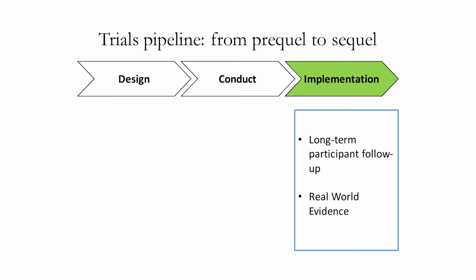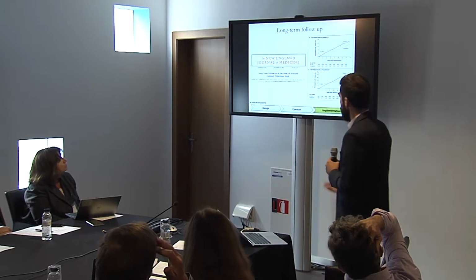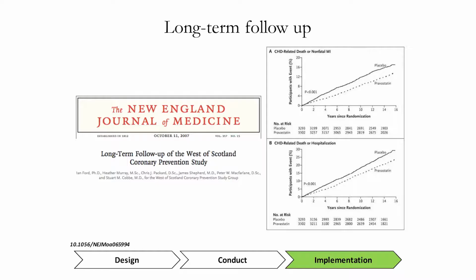And finally, the sequel of trials, the implementation, so what happens after the trial. There are two broad areas that I identify: long-term participant follow-up and what's referred to as real-world evidence. I think the best example for long-term participant follow-up is the WOSCOPS study. What they did is that they followed individuals for 1, 3, 5, up to 10 years following the trial with very minimal cost by extracting their data from primary care physician entries